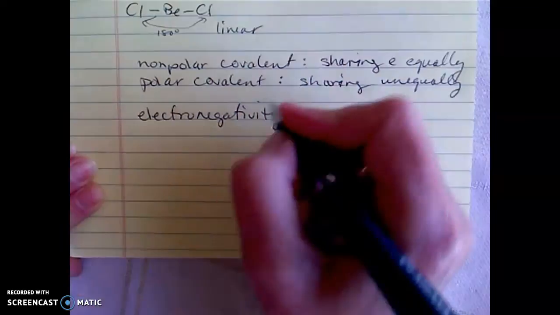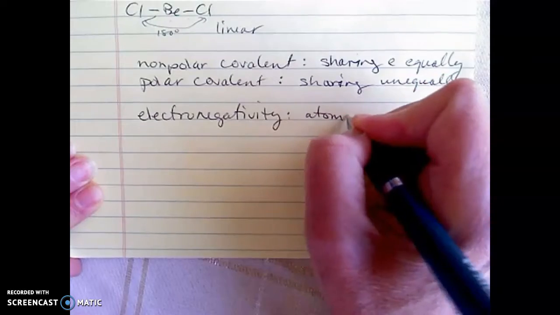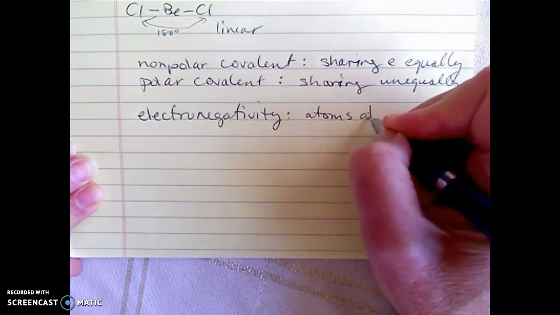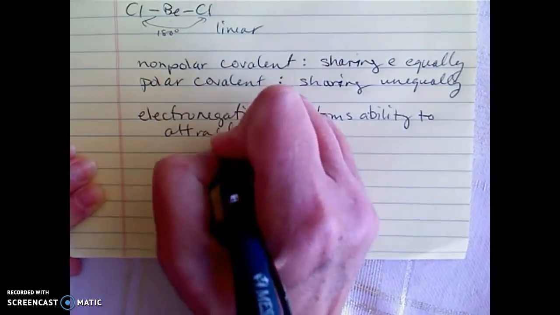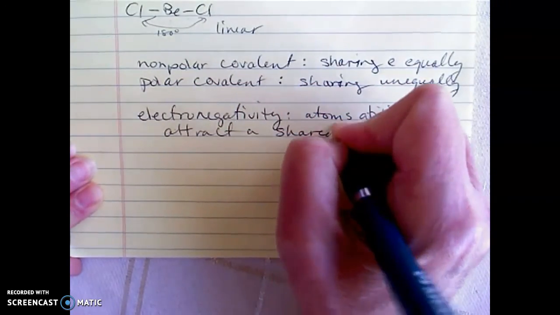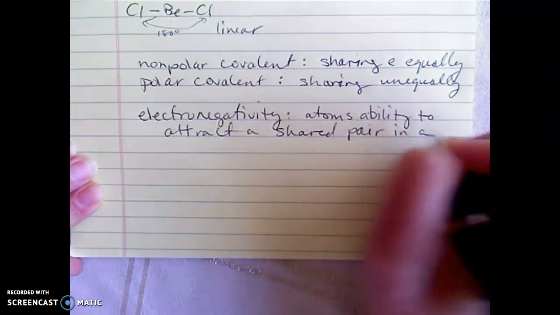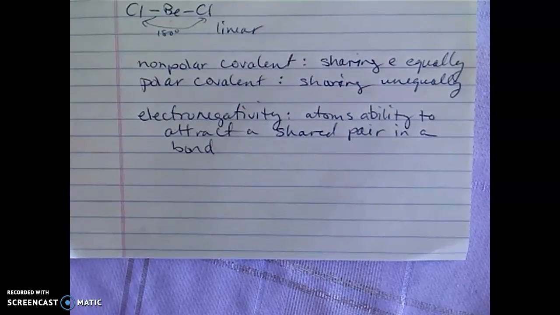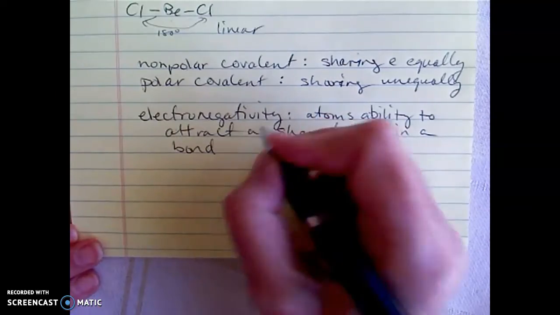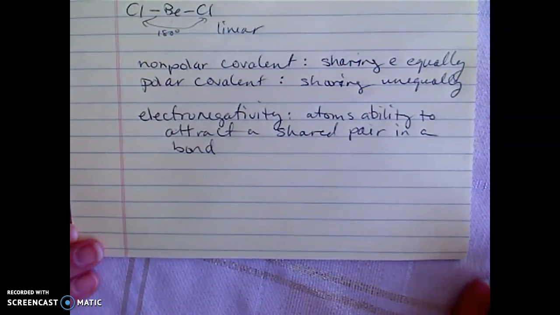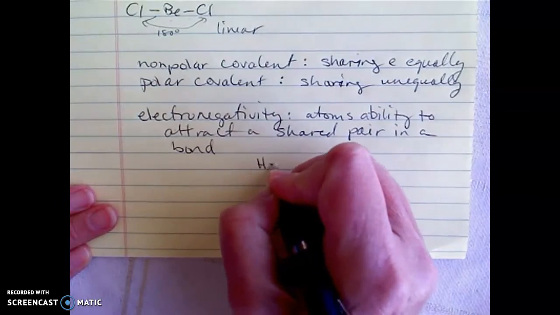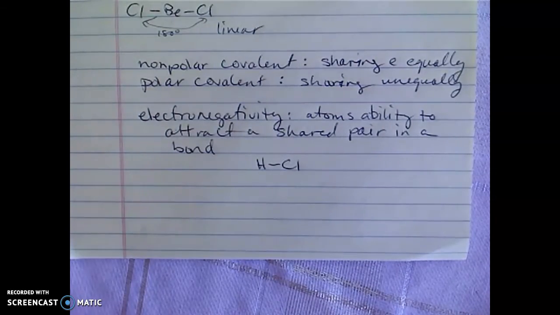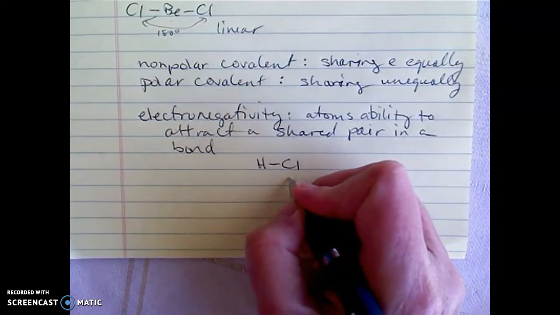Okay. Electronegativity, remember, is the atom's ability to attract a shared pair in a bond. This was one of the patterns that you had in your periodic table. The higher the number, the greater attraction it has. And so we don't memorize the values of these, but we have a chart that we can look them up on. Okay, for instance, if you had HCl and you look up the values for HCl,